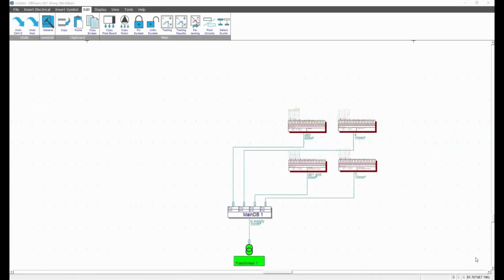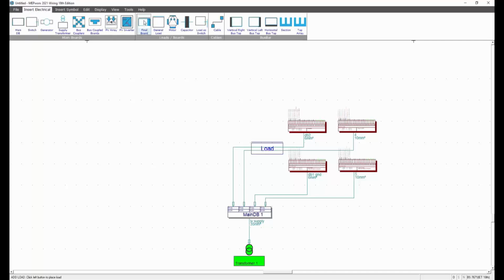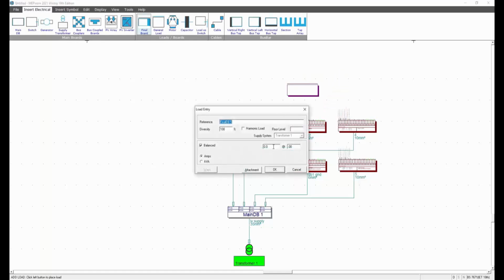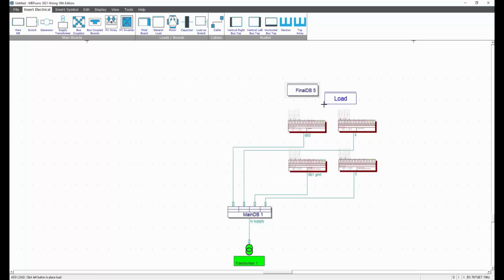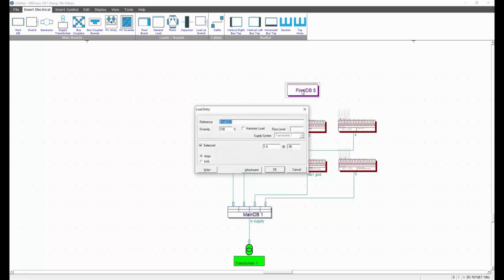So this is video 5, and what we're going to do now is have a look at split boards, or setting up of a split board. Same situation as a final board, so we would insert electrical, go into final board, position the final board, put a load on there, a power factor, just going to stretch it. Notice again, I can then go into ways,